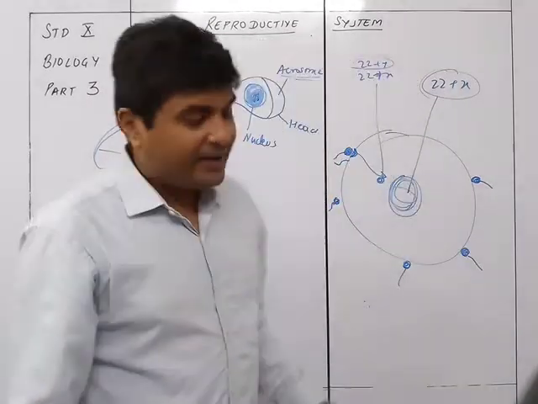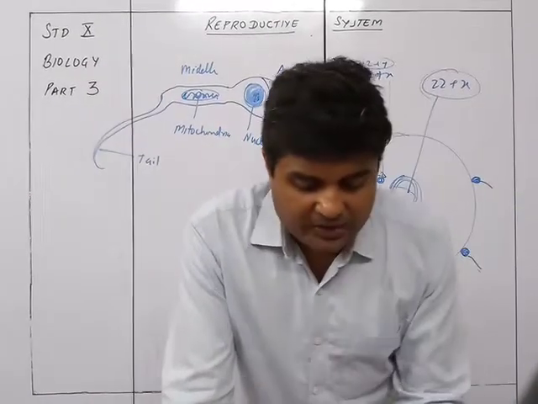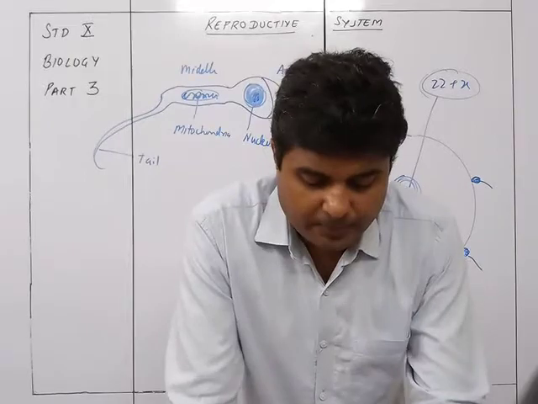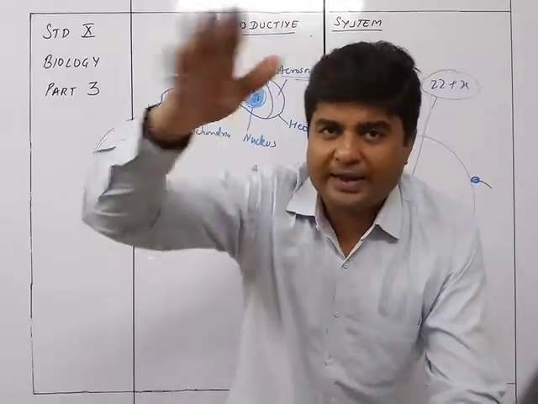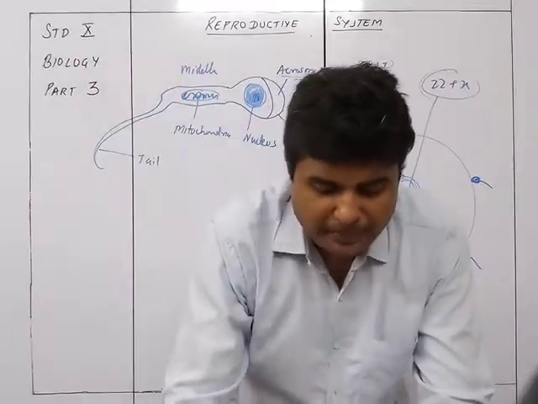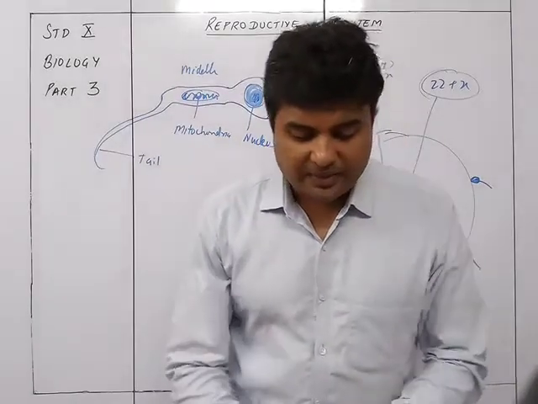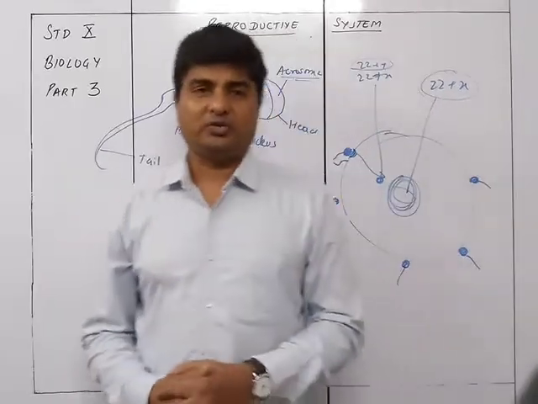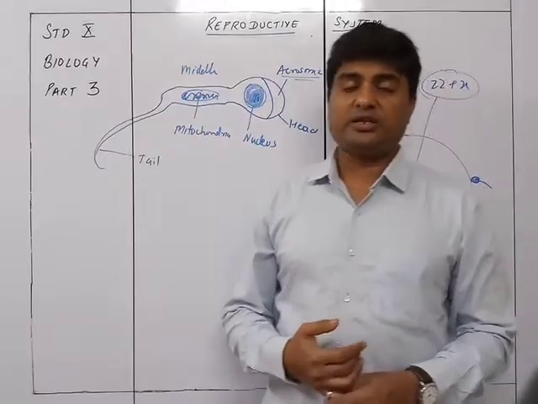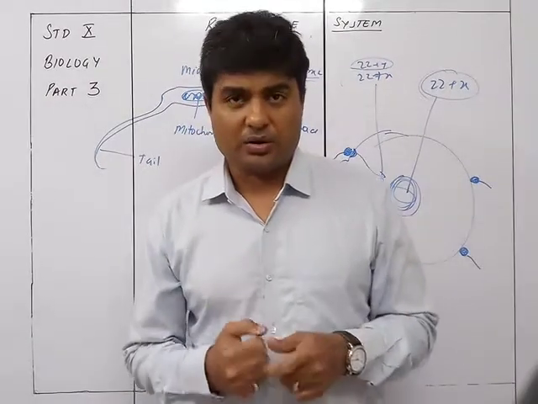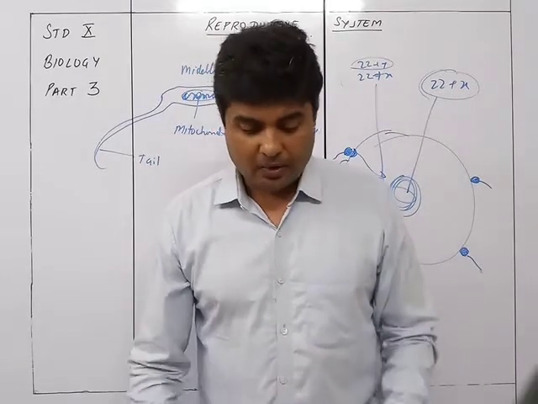The middle piece contains mitochondria, which provides energy, ATP, for the activity of the sperm to swim. The tail makes lashing movements for propulsion. With the tail's special movement, it can move forward. Sperms may remain alive in the female genital tract for a few days, but their fertilizing power is limited to 1 or 2 days only. So the sperm can stay alive for a few days inside the uterus, but its fertilizing power will last only about a day or two.